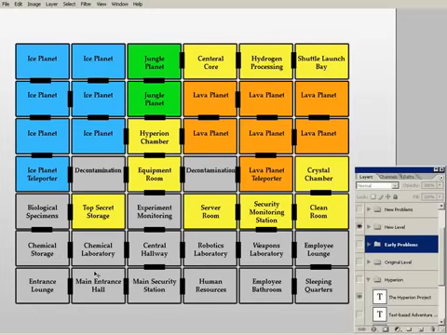And the color coding system that I'm showing here is just to kind of give you an idea of what I had in mind for the flow, and that was all of the gray rooms are sort of mundane rooms where maybe something can happen. I'm sure you'll pick up a PDA that is important, you'll learn something valuable, and so on and so forth. But they're not super ultra mega key areas. The yellow areas are key areas. I mean, we have this top secret storage area where you pick up your first crystal.